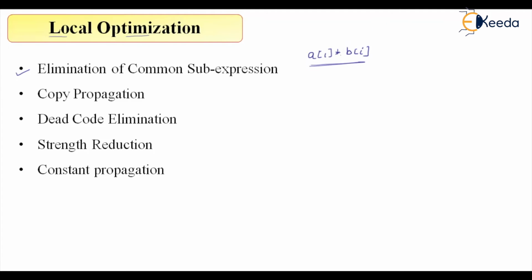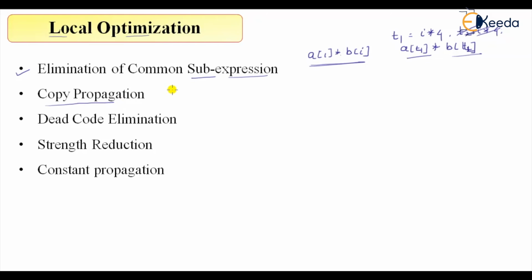So in case of 3 address code translation, we will calculate i into 4, and then we'll say a of t1 over here, multiplied by, I have to again calculate the same i multiplied by 4 for the same type of array, and I have to write b of t2. So naturally, one way to avoid this calculation of t1 and t2 is that I'll just calculate t1, I won't calculate this part here, and I'll just write t1 here. The reason is that this sub-expression is common to both of them.